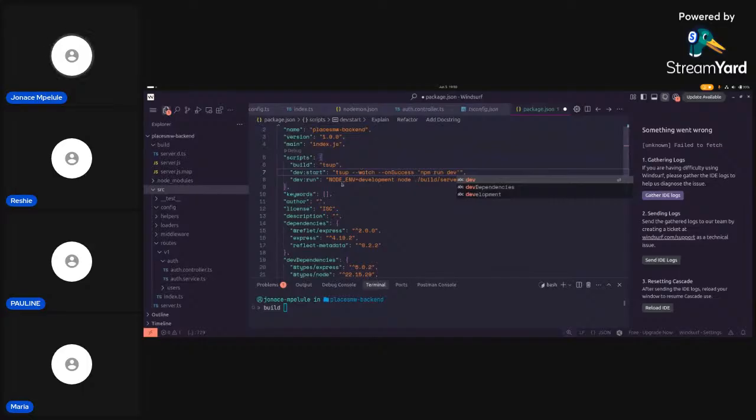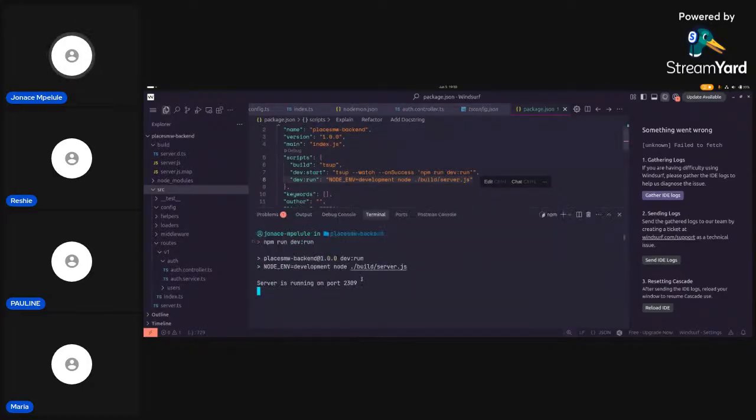So here we were going to say npm run dev run, like that. To show you what I mean, let's start with this one, the dev run. npm run dev run. You see, it's running the JavaScript. Okay, so that's working. Now on dev start, npm run dev start,